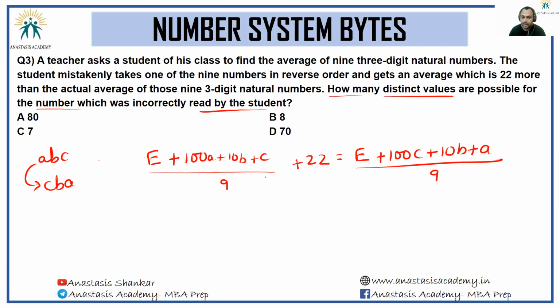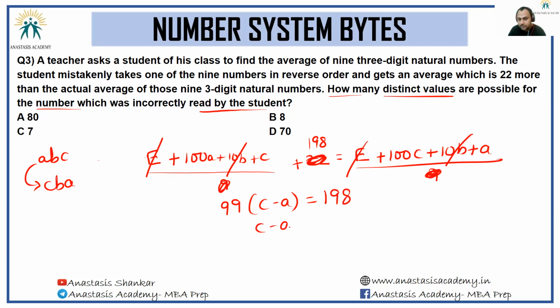Let's get rid of this 9 at the bottom. So this will turn to 198. This 9 also goes. Now E and E will get cancelled. 10B and 10B will get cancelled. Essentially what we'll be left with is 99 times (C minus A) is equal to 198, or C minus A is equal to 2. Therefore, the numbers that are getting created